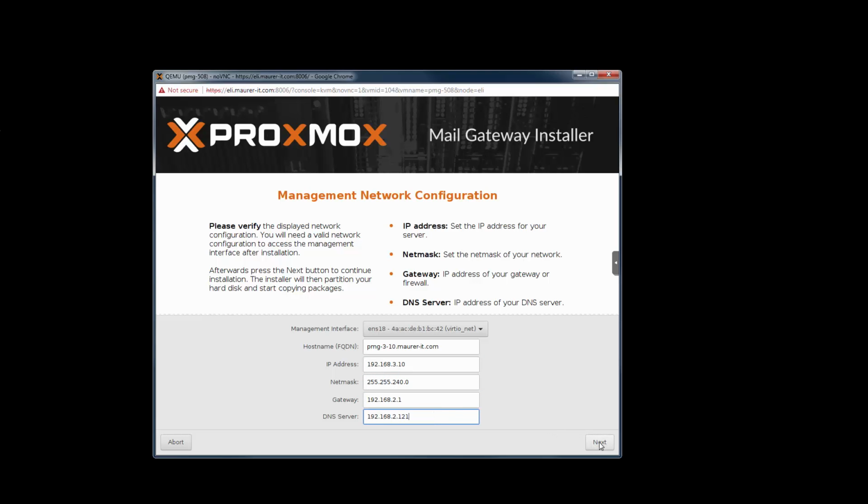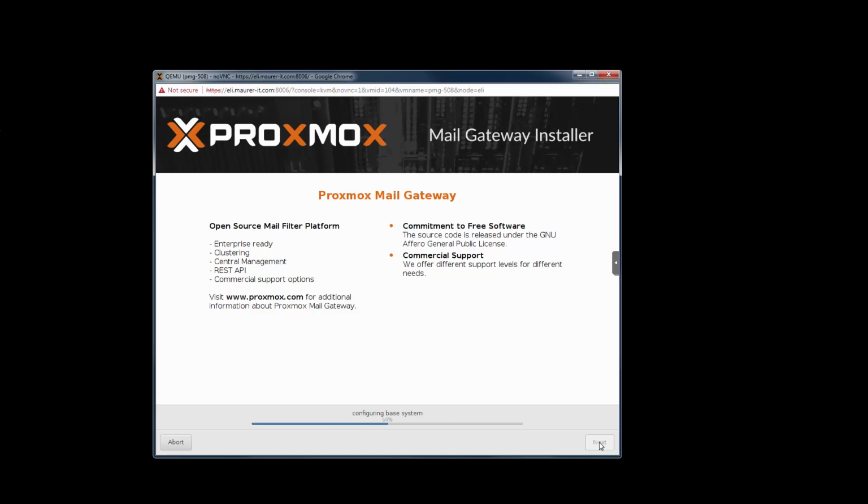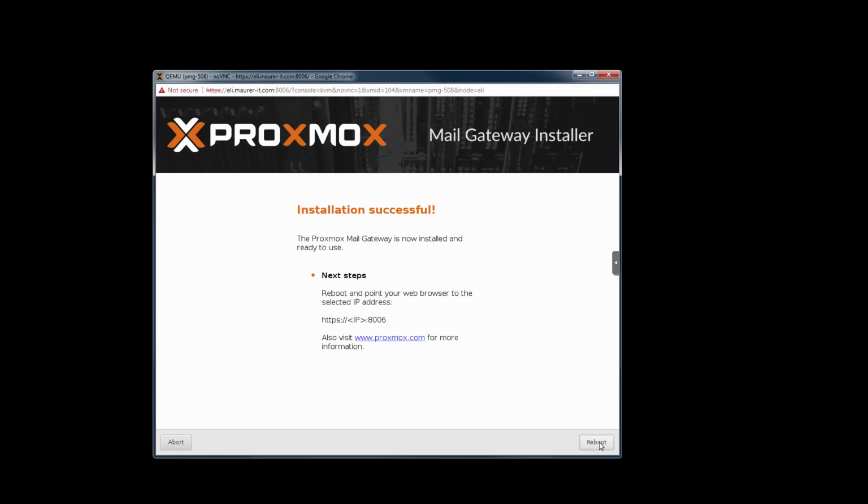So here I correct the IP and the host name for my needs, and by clicking Next, the installation starts. Depending on your hardware, this will take a minute or more. After you get the message, installation successful, click on Reboot.